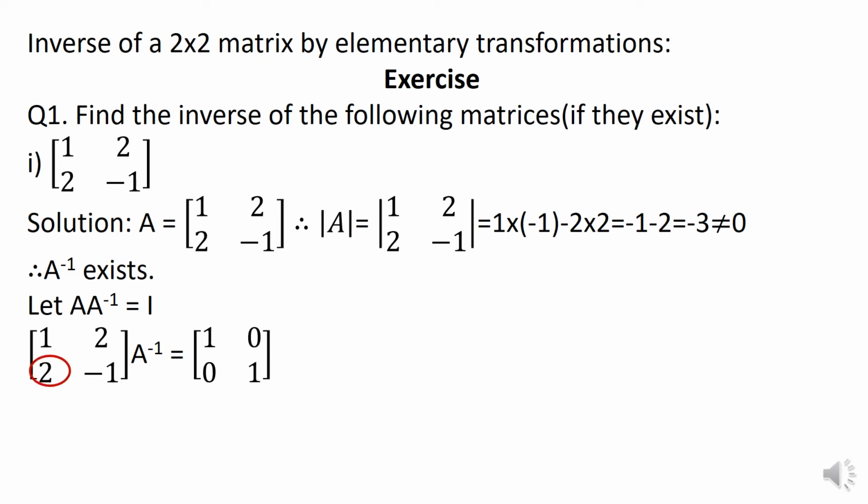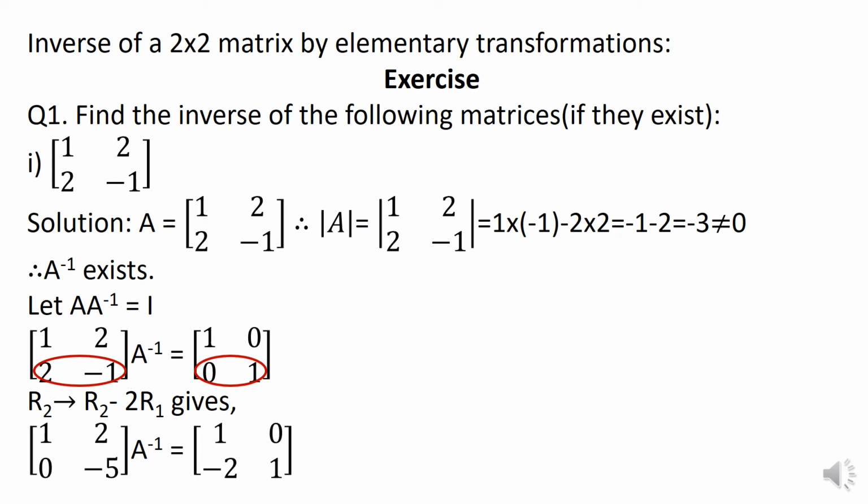So first step, we have to convert 2 into 0. Because already we know that in the position A11, we have 1 there. So no transformation has to be applied over there. So 2 has to be converted into 0. Now when we convert 2 into 0, what happens is the entire second row on the LHS and the RHS gets transformed. So 2 can be converted into 0 by doing this step, that is R2 minus 2R1. R2 minus 2R1 gives us this matrix on the LHS and the RHS, whereby as you can see, the second row of both the matrices has been transformed by the particular transformation.